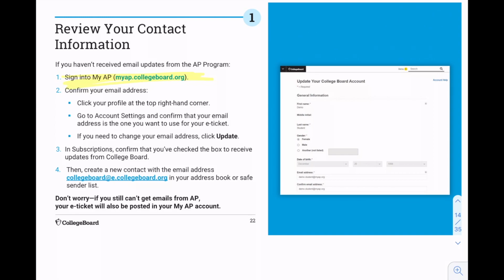Confirm your email address. So click your profile at the top right-hand corner. See, I was right. That's where it is. Go to account settings and check to see if your email address is correct. If it's not correct, or if it is correct and you're still not receiving emails, it might be going into